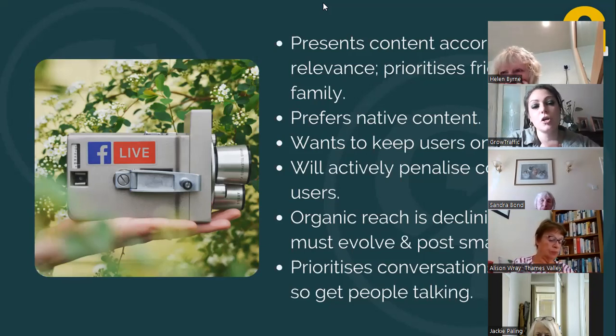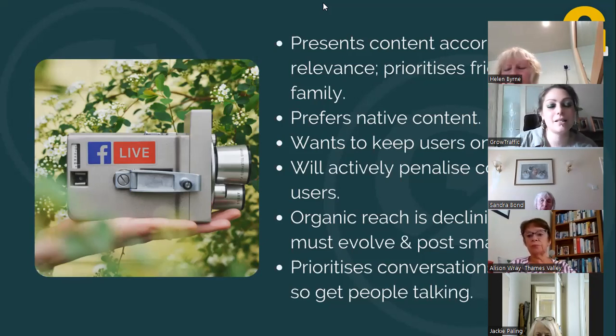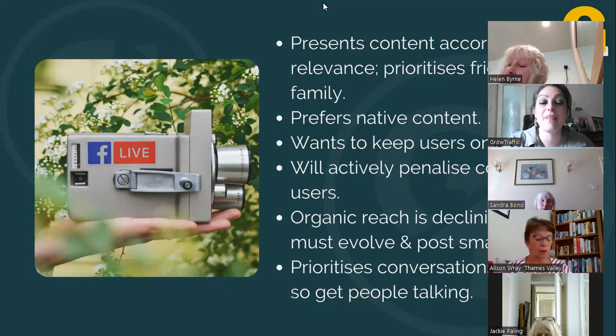snowball effect. So again, if you're thinking about how does that matter to you as a content creator, it's about finding that hook. What are people going to be interested in? How do I make this post interesting to people? And then it will be shown to more and more people. You can't just put a post up and assume everybody will see it straight away, because that's not how the algorithm works.